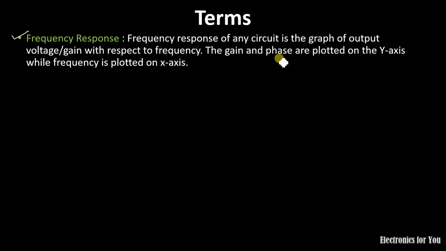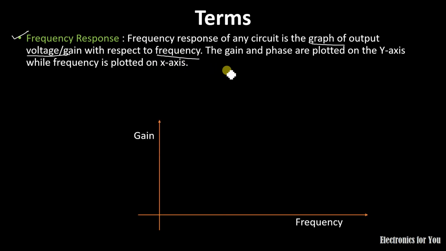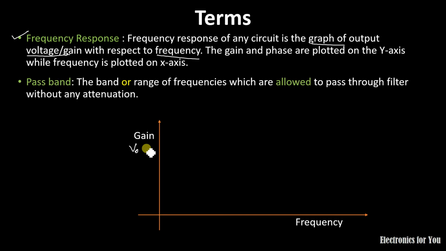So frequency response is a graph which is plotted between voltage or gain with respect to frequency. So here the gain is generally on the y-axis and frequency is taken on the x-axis. It may be gain or it may be output voltage. Now let's consider the example. If a filter is like this,